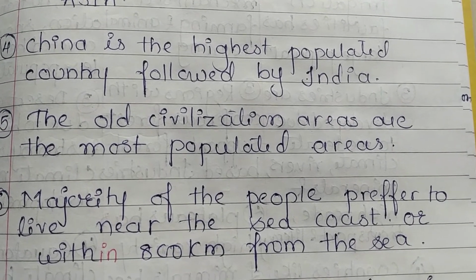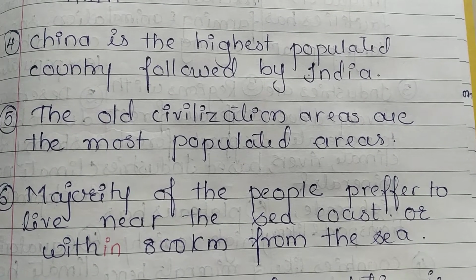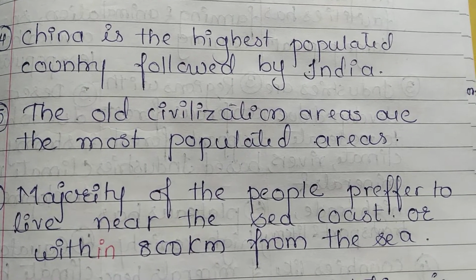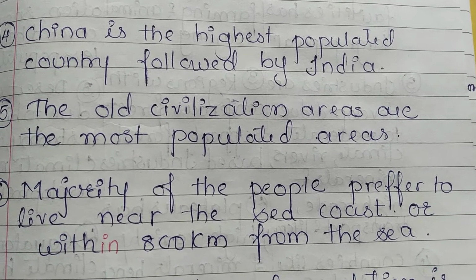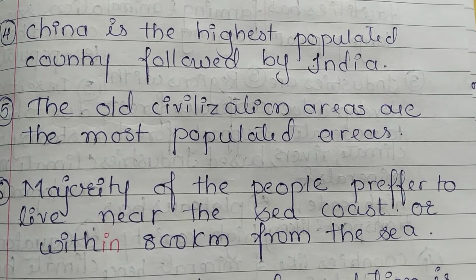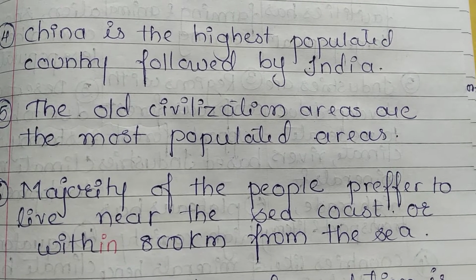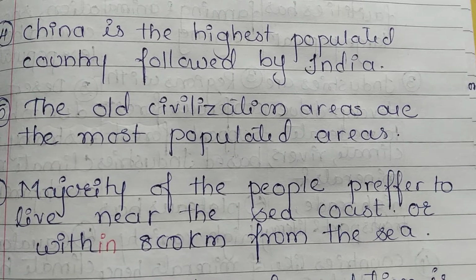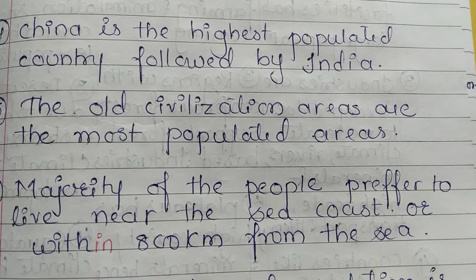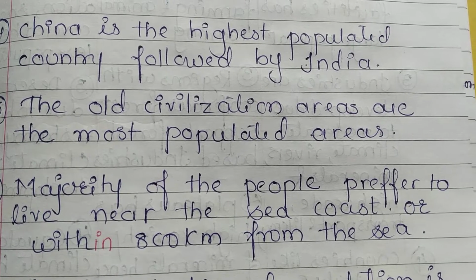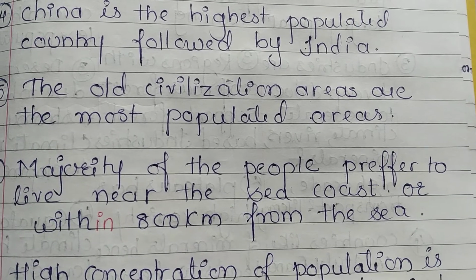Next point is old civilization areas are the most populated areas. As you all know, the old civilization areas, like the Harappa civilization, were basically created where the soil was fertile, where agriculture was possible, where water was available. So at such places the civilization was created. Because of that, these civilizations were populated at that time also,